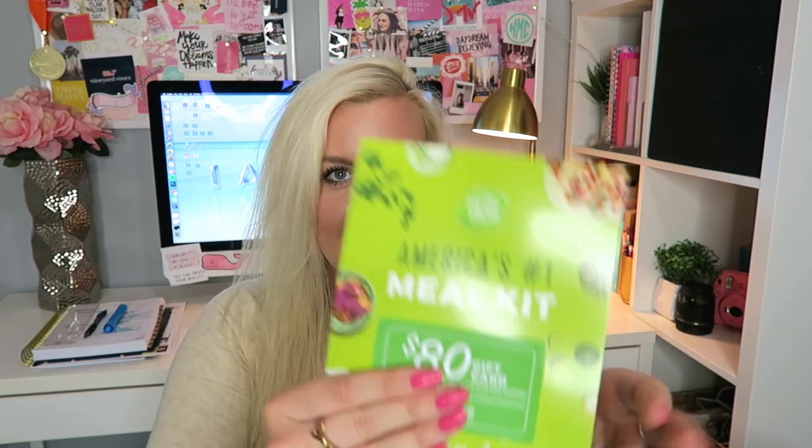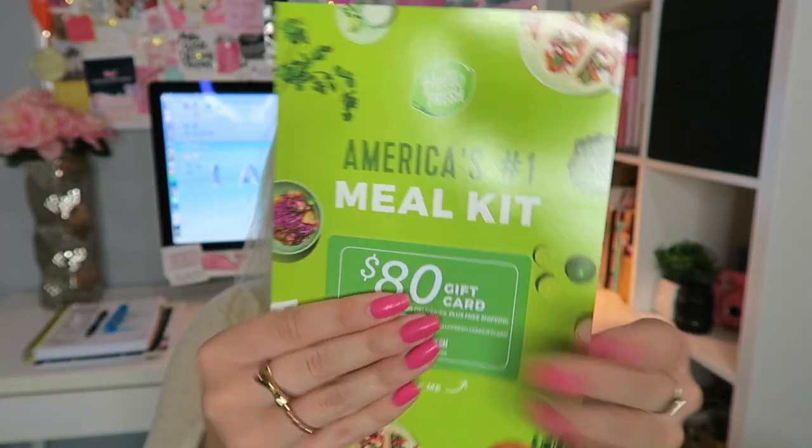Also in the box is an $80 HelloFresh gift card, which is so cool. I haven't tried this out. I would love to know if you guys have tried HelloFresh. Let me know in the comments down below. I'm definitely low-key kind of interested to check it out, but at the same time I don't cook, so who knows. I'll probably end up giving this to one of my cousins,